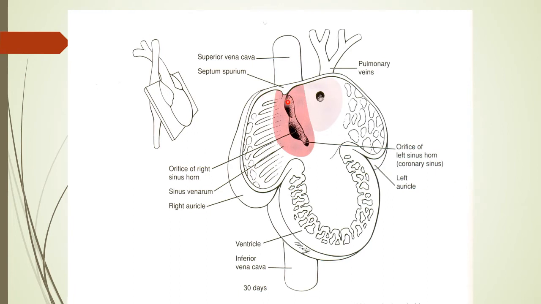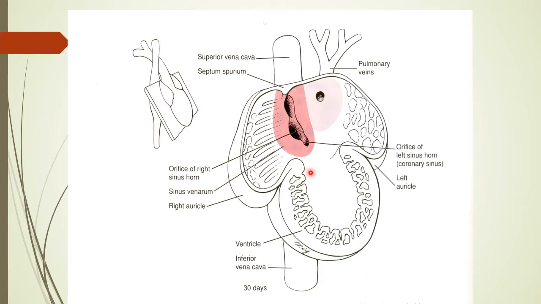Now in this diagram you can see that this is the opening of the right horn of the sinus venosus, and on each side there is a valve. On the left side there is the left venous valve, and on the right side there is the right venous valve. This pink color indicates the absorbed part of the right horn of the sinus venosus. On the left side, which we will discuss later, this color indicates that part of the left atrium which is formed as a result of absorption of the pulmonary veins, but that we will discuss later.